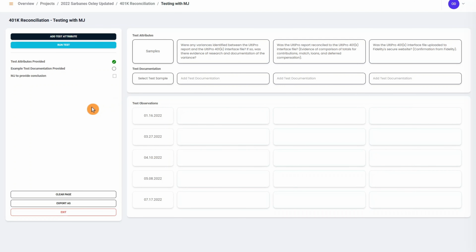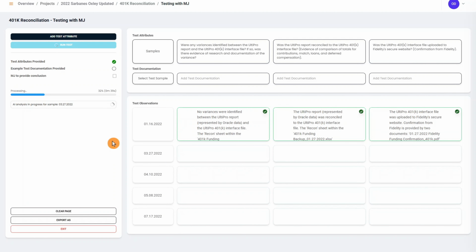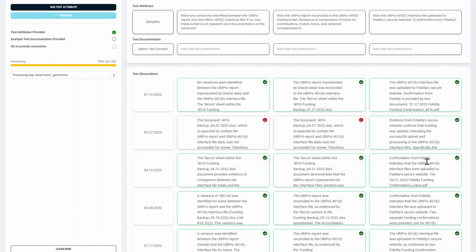You also have the option to ask MJ to generate the conclusion automatically. Just check this box. Now click Run Test, and in minutes, Coauditor evaluates all your samples. Each cell in the grid updates with a supporting explanation of the result, and if there is an issue, MJ